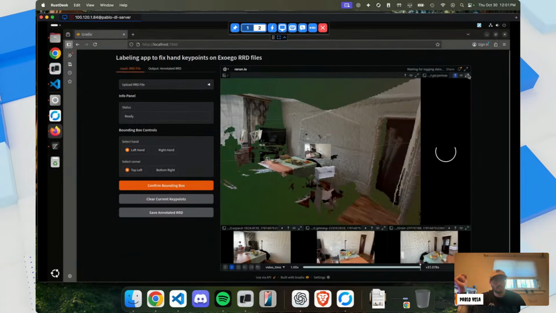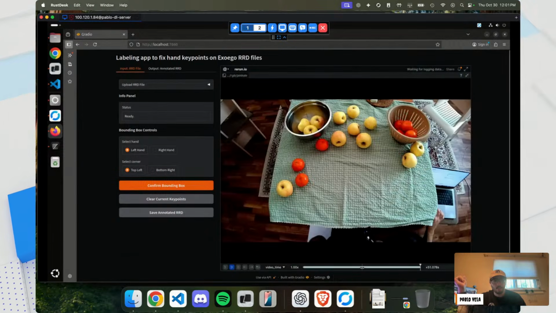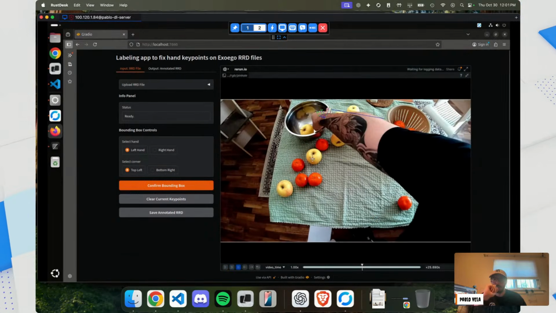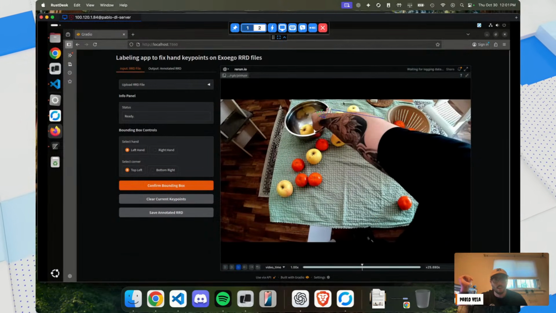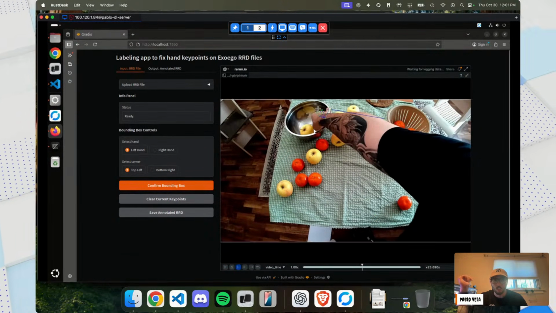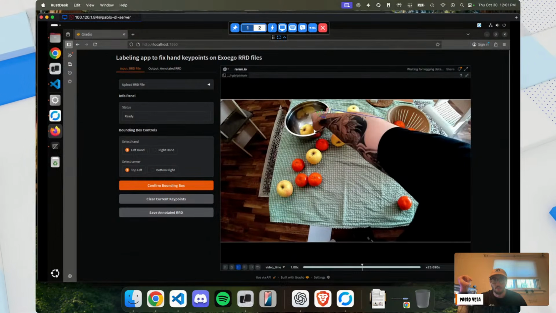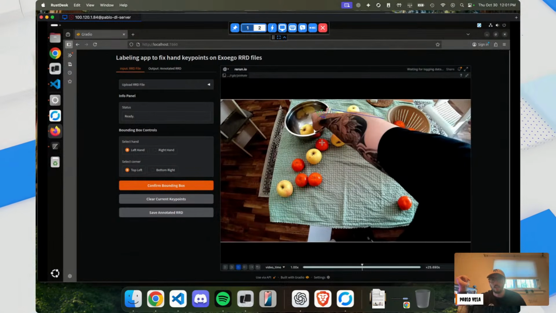Okay, let's try this again. All right, so let's just pick a random frame. I'm gonna guess. Okay, so here's a great example, right? You can tell that this hand is not good. This is a really, really bad prediction that was generated by my network. And so I can tell this is the right hand.